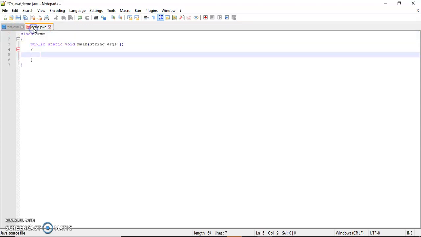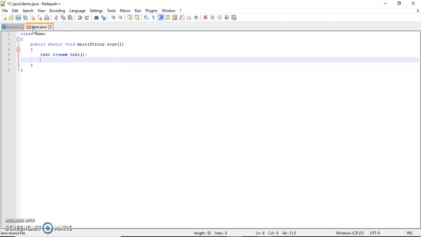So I create an object of test, t1 equals new test. This is the process to create an object. Now I call t1.show method.